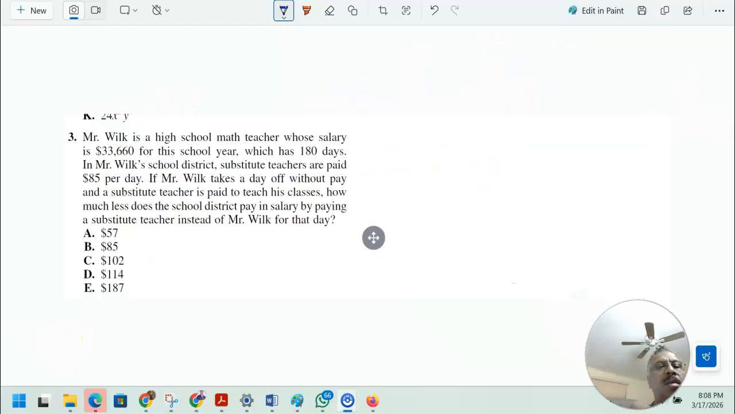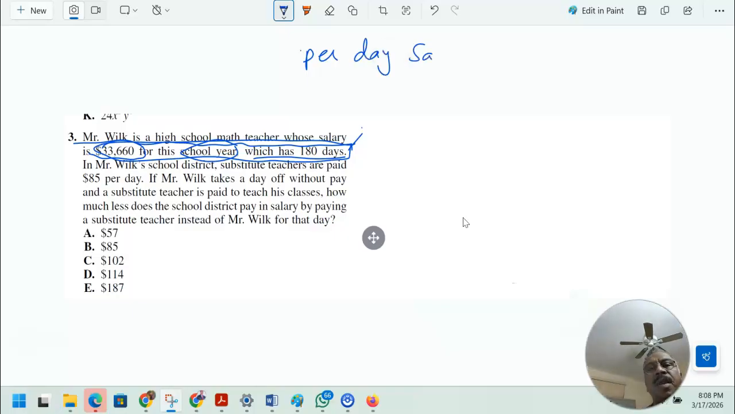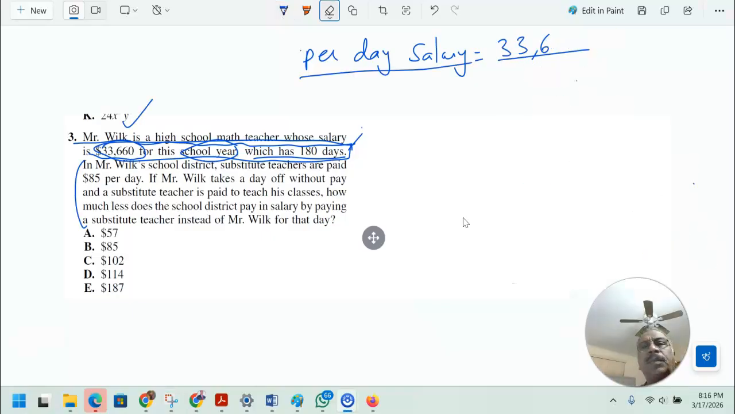Question 3. Mr. Wilk is a high school maths teacher whose salary is 33,660 for this school year, which has 180 days. That means by just knowing this, you know that you need his per day salary. So from the information given, per day salary is 33660